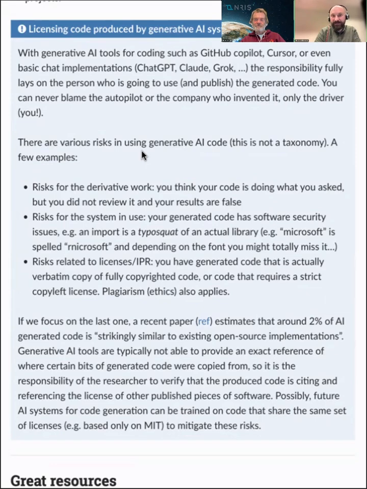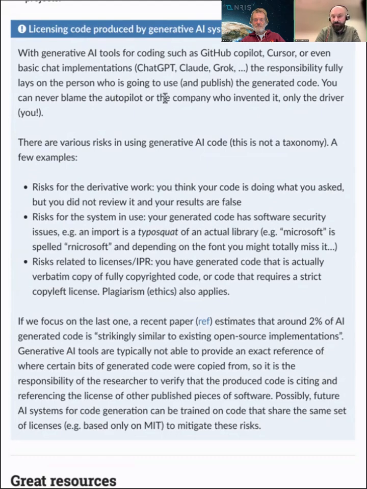And these AI systems are basically text-to-code systems. They take a description of the task as text and they generate code. And of course, they are very useful. But when it comes to licenses, the code that is generated doesn't belong to anyone, or in a way just belongs to you. It means that the responsibility fully lies on you who have generated the code and decide what to do with it. Will you decide to publish the code that was generated?